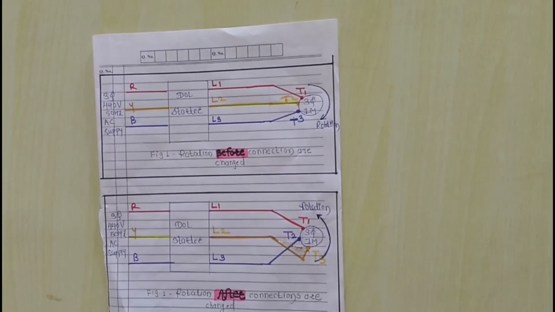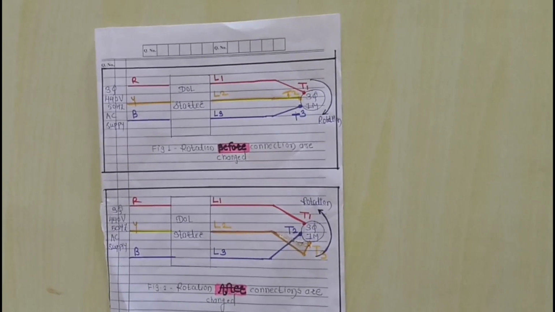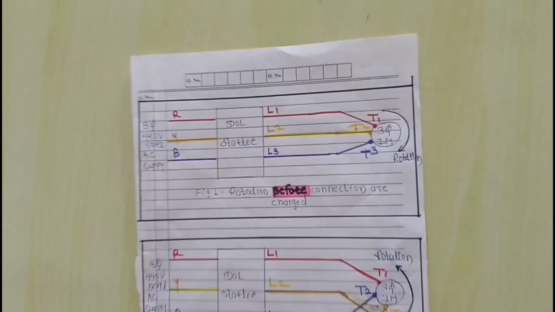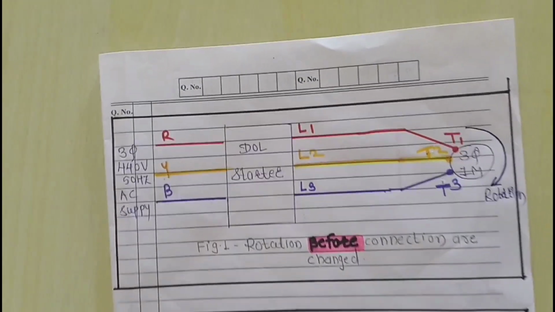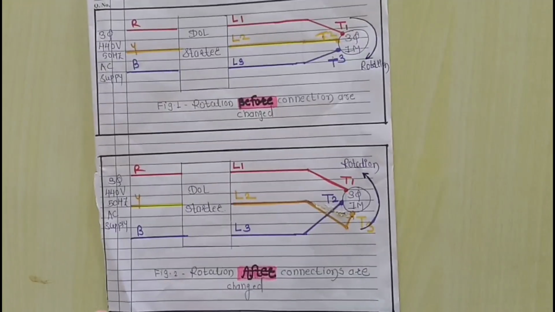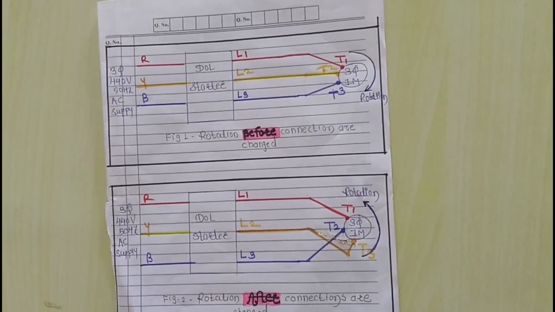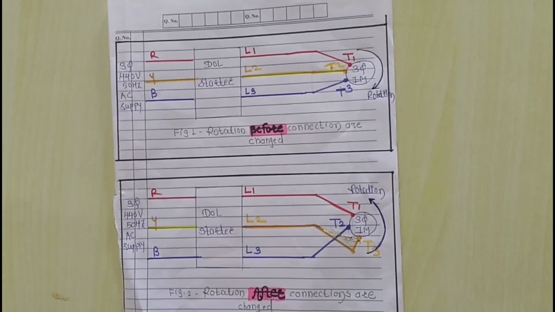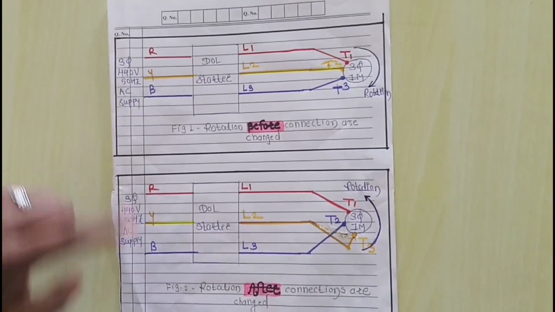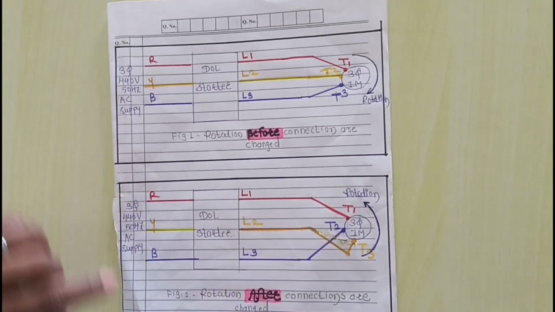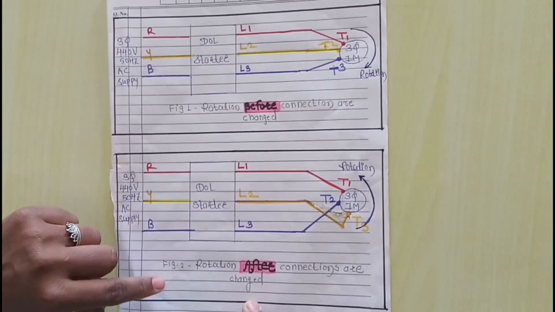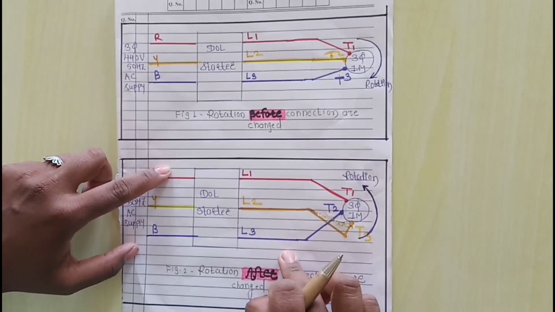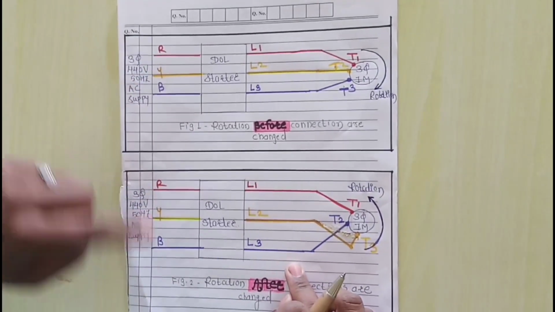Now towards the circuit diagram for the conduction of the practical. There are two diagrams. We can see here figure 1 and figure 2. We have to reverse the direction of the three-phase induction motor. We can reverse the direction of the induction motor by changing the phase sequence. In figure 1 and figure 2, this is the normal operation, and here our induction motor's direction will get changed by changing the terminals. So let us see in detail, first and second.